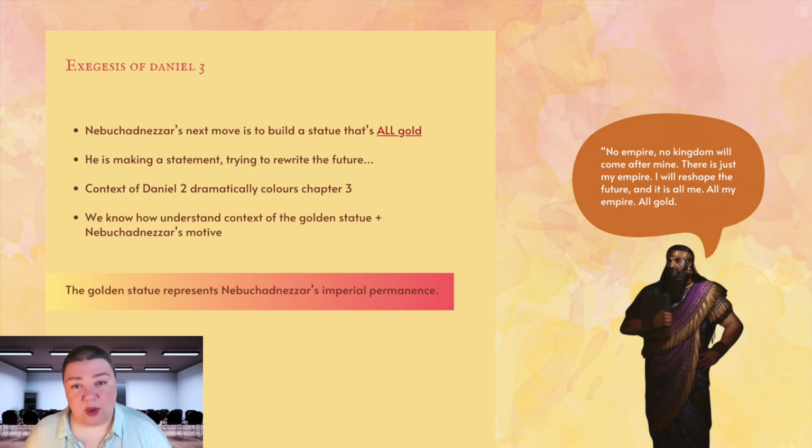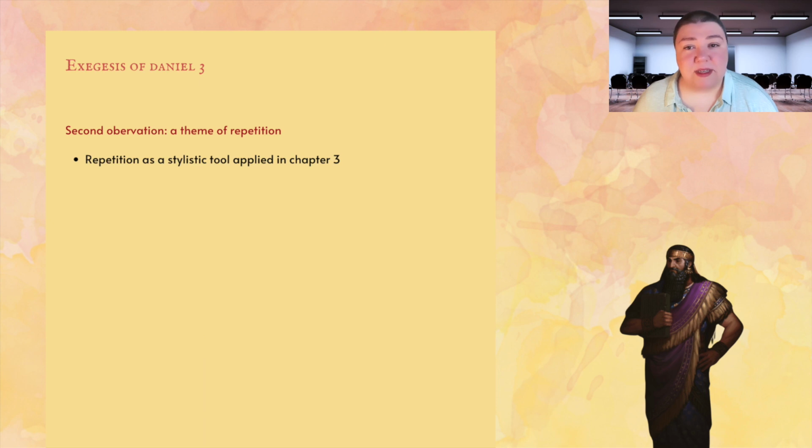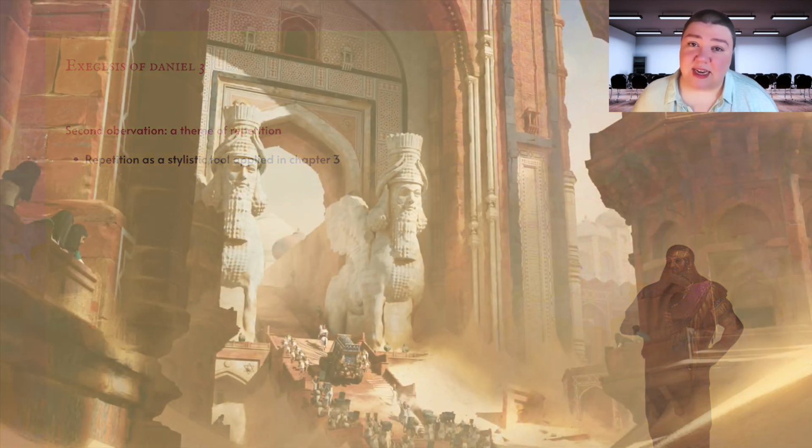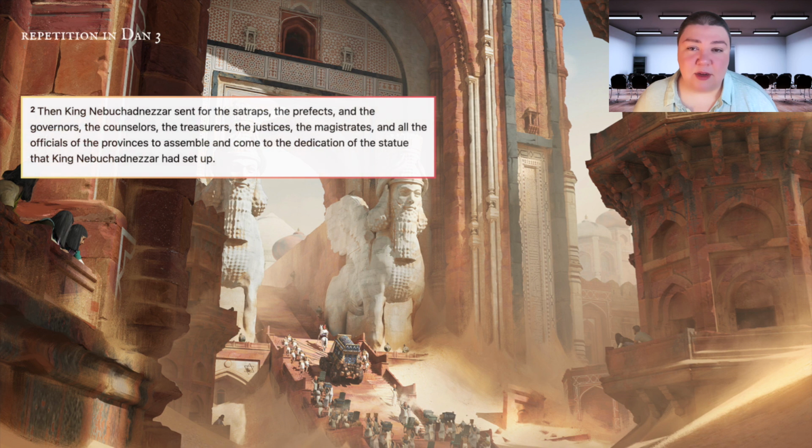Now, another thing we hopefully noticed while exegeting was the presence of repetition in this chapter. Repetition is a huge stylistic tool applied in this passage. Let's have a look at an example. Verse 2. Then King Nebuchadnezzar sent for the satraps, the prefects, and the governors, the counselors, the treasurers, the justices,